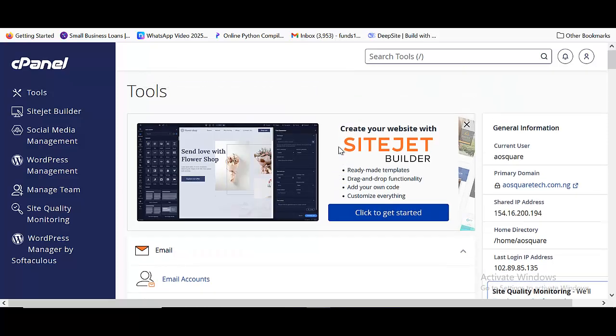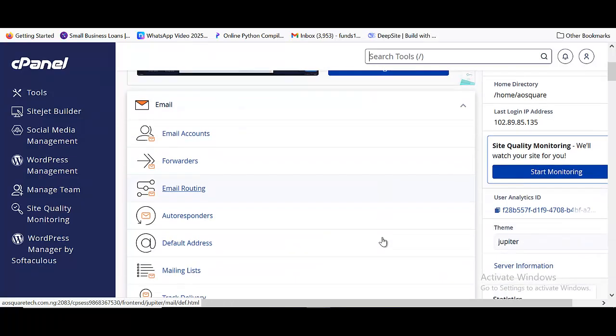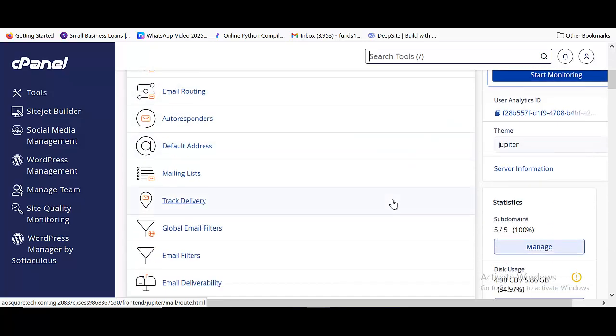Alright, so once you have bought your domain name and hosting, log into your cPanel, and it will take you straight to this particular dashboard. If you don't know how to get your domain name and hosting, click on the number in the video description, send us a message, and we'll show you how you can get your own domain name and hosting. So that's all for that. So now let's